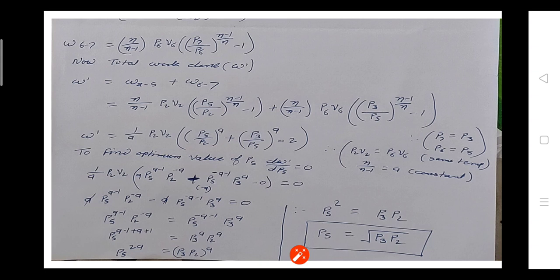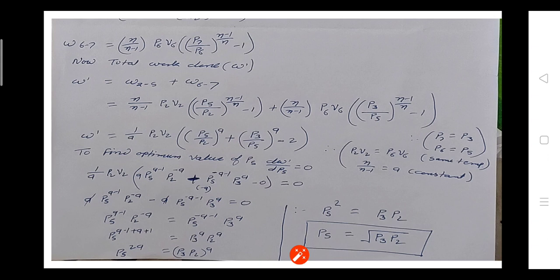This 1 by a and P2 V2 being constant, get cancelled here. If these terms come to this side, that is a P5 raised to a minus 1 P2 raised to minus a, and a P5 raised to minus a minus 1 P3 raised to a, the a gets cancelled,